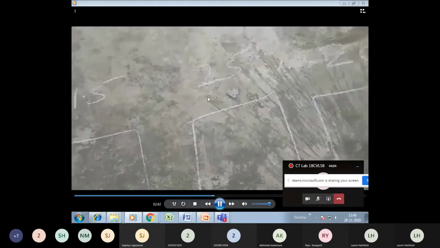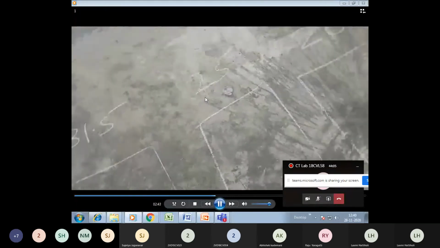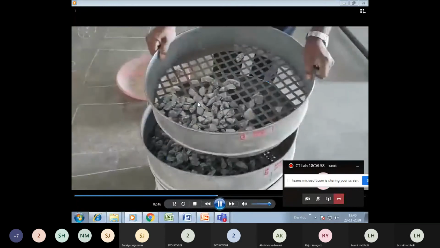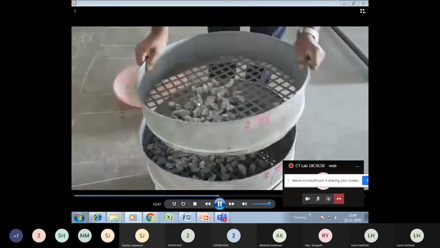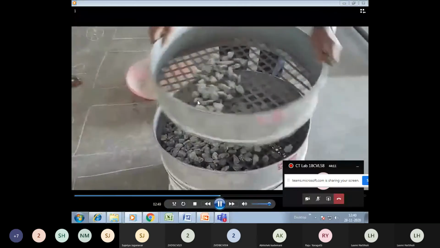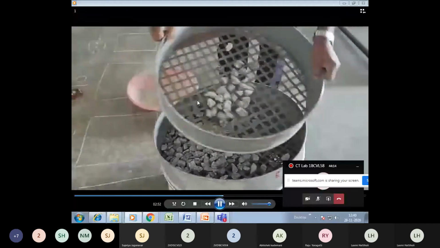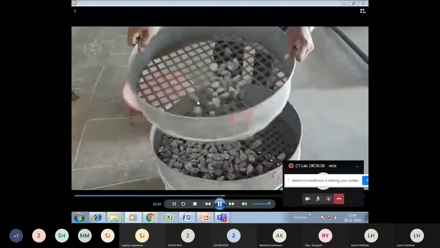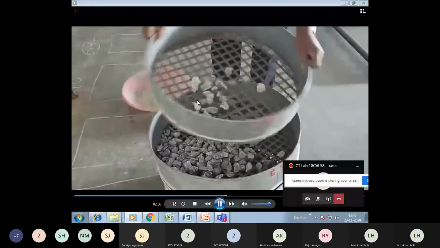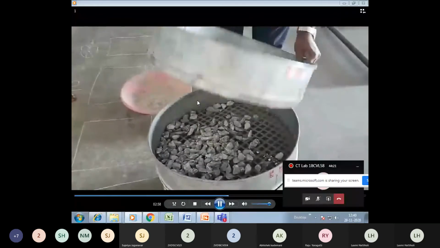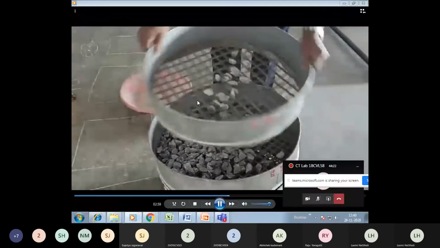Now similarly, do the same for the next sieve set. Sieve it properly, with backward and forward movements, clockwise and anti-clockwise movements.